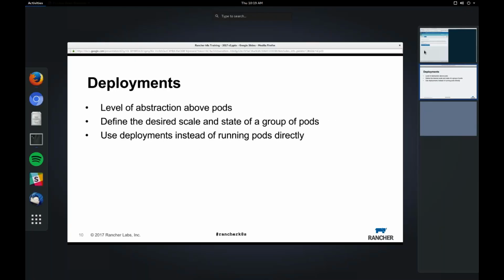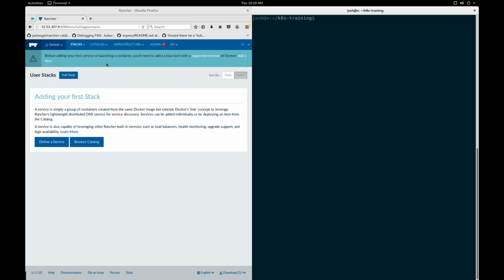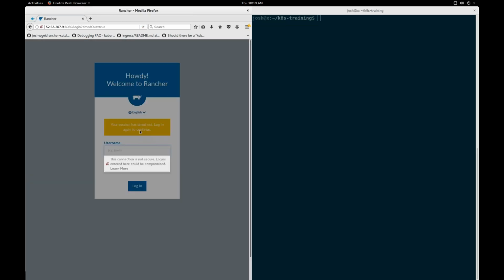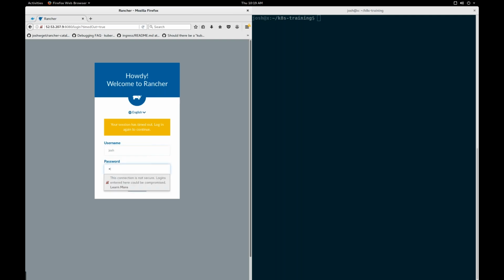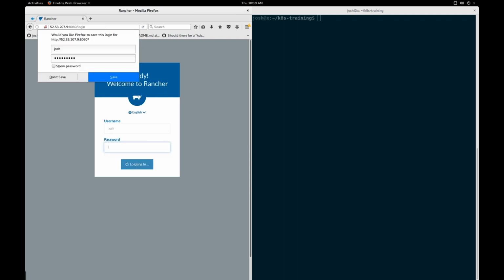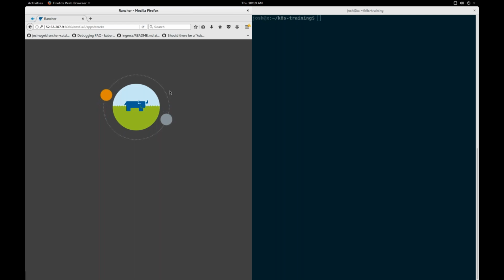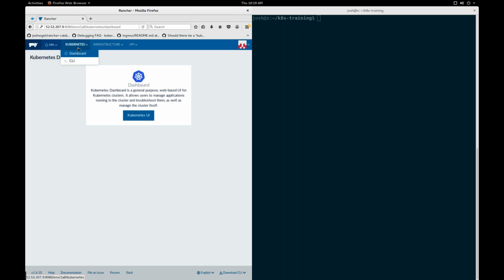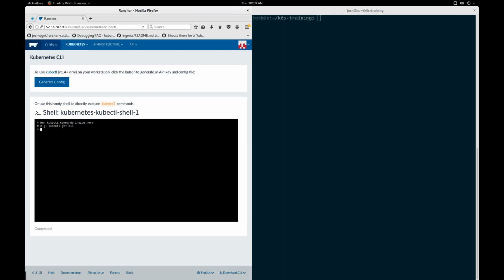Okay, so now I'm going to switch back to my Rancher environment and refresh. Log in. So what I'm going to do is set up the CLI so that I can